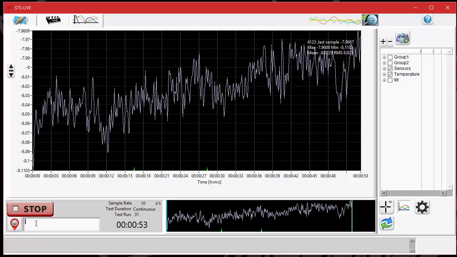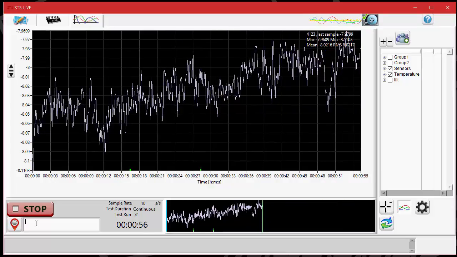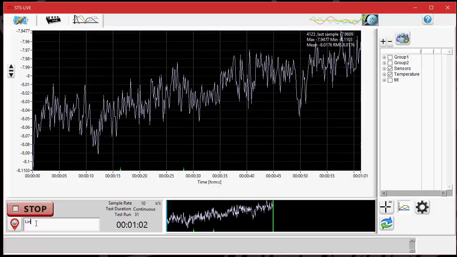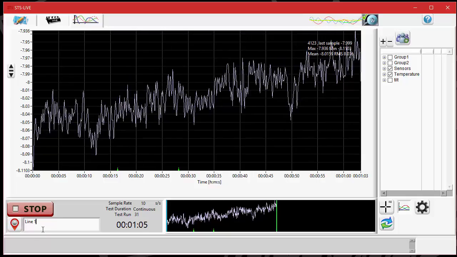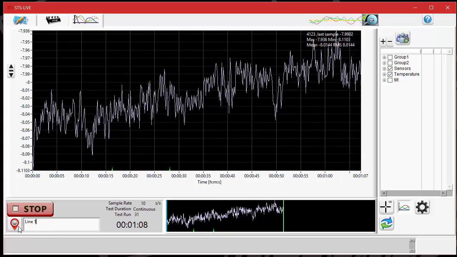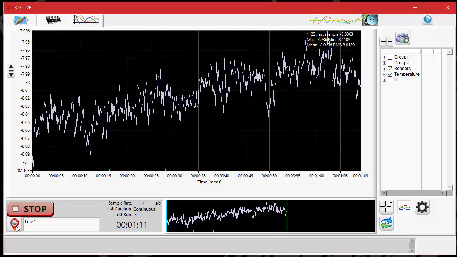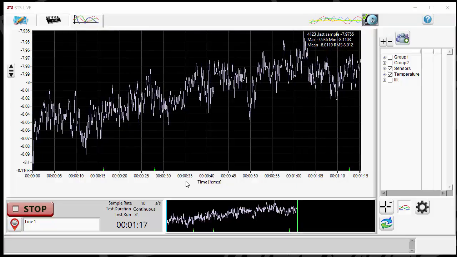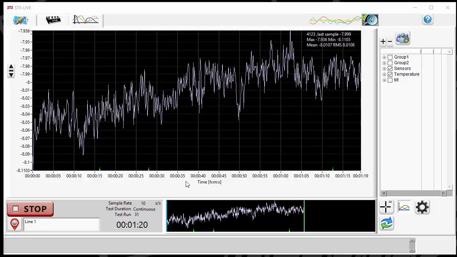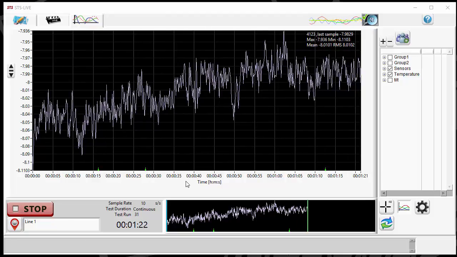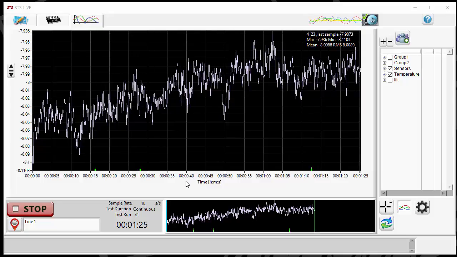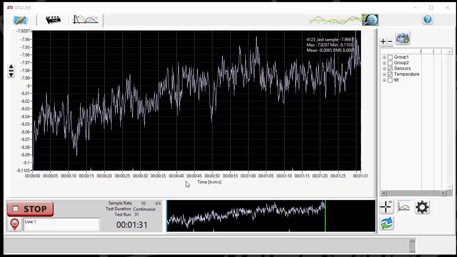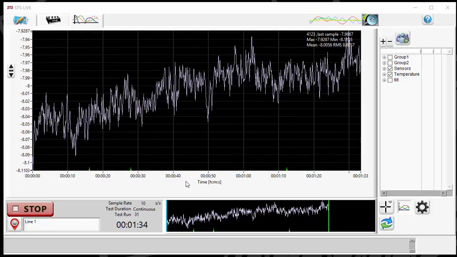We also have the feature that allows you to label the individual clicks. So if we were to have a truck that passes over a specific line on a test, we can type in line 1 here, and when that truck rolls over that line 1, we can hit the click, and that will put in a click right at that point on the timeline. That way we'll be able to reference events that we can visually see happening to what we see with the data, to be able to line things up. So I'm going to stop this test,